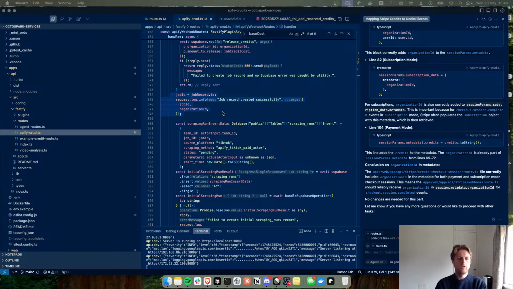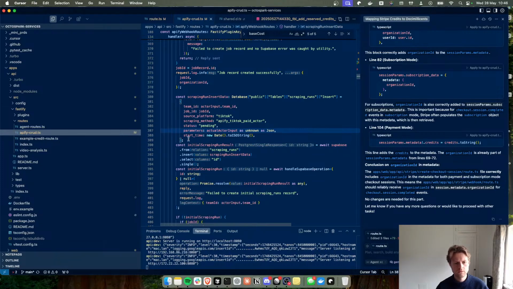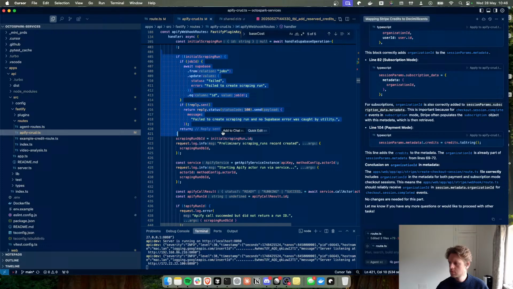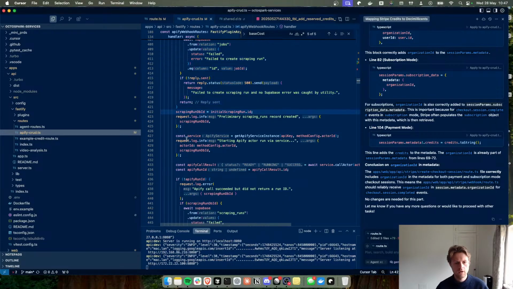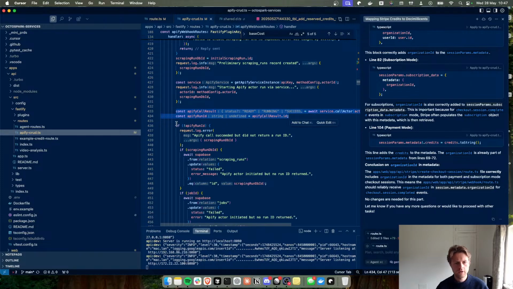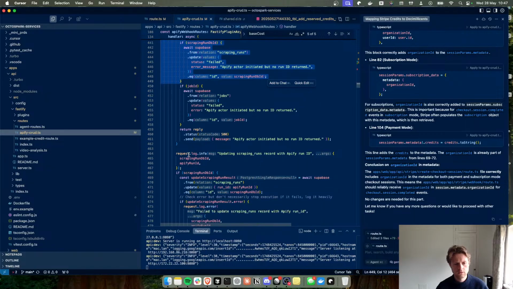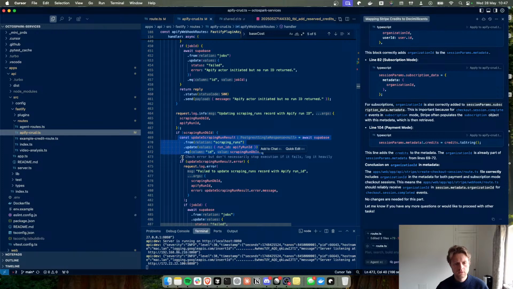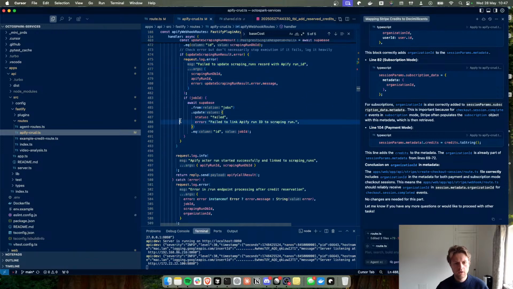Okay, so what are we doing here? We are inserting a scraping run here. Definitely getting EU blocks there. We get the Apify service. We then call the actor. If the scraping run ID, if there's an error,